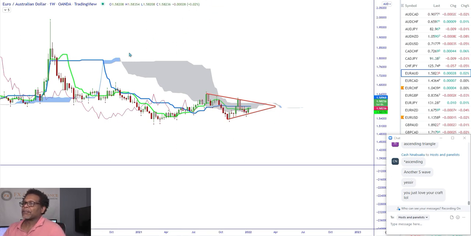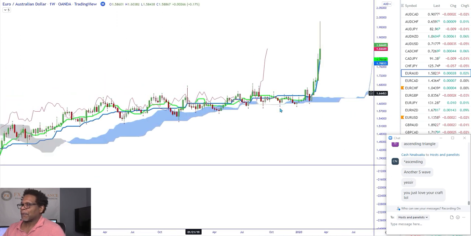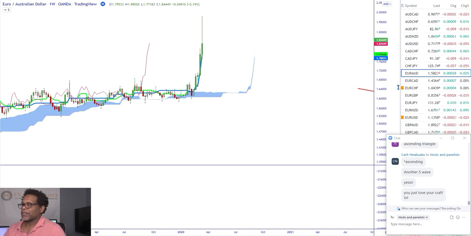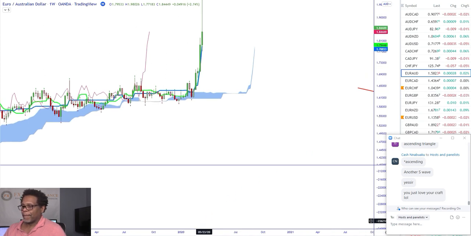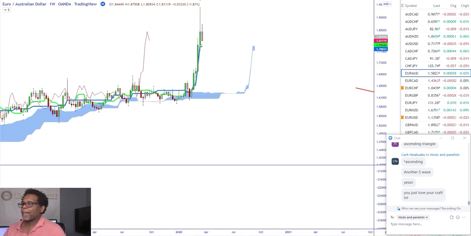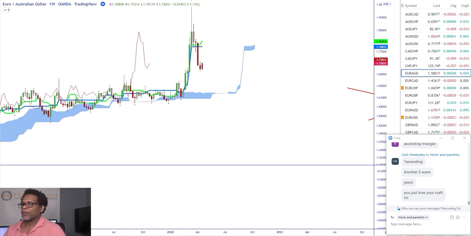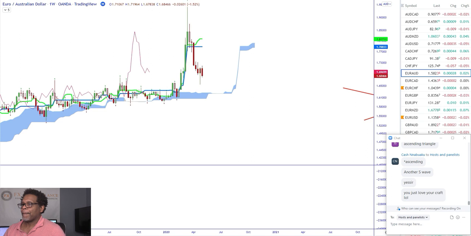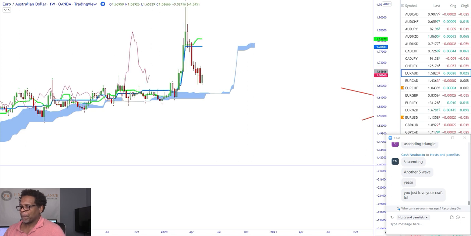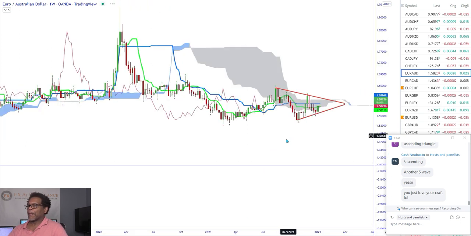If we go back 26 periods, let's go right to this level. Your cloud right now wasn't thick. You couldn't tell there. You wouldn't have told on this one. It was already too late. But you could see how thick that cloud is, and you could see we're not going to get higher like that, definitely. And you could see we're now in a P wave structure. So let's go to the daily time frame.